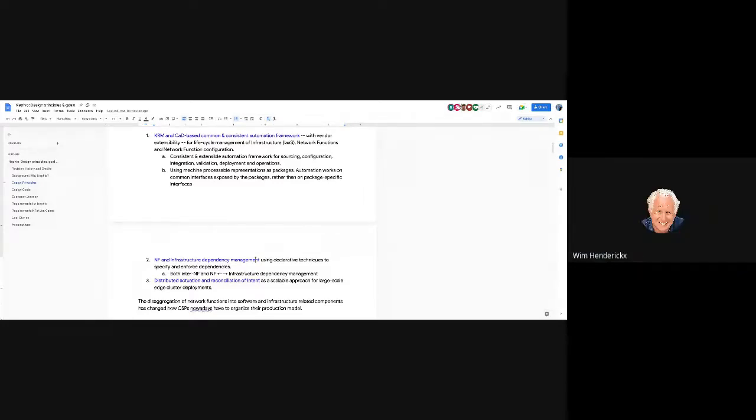Yeah. Do you hear me, by the way? I wanted to maybe clarify the third point a little bit. I think it's not explicitly said. You have the distributed activation, but I believe one of the key principles is also the split between the runtime and the management cluster, right?